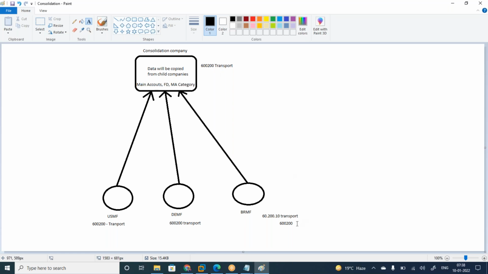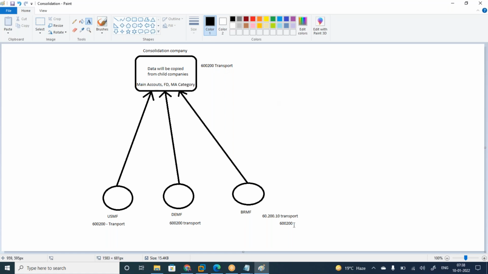Okay. So when we want to consolidate different natures of company code main accounts, we should have all of them here, related to all the company codes. We should have the main accounts here. Exactly, you're right. In the consolidation company, we need to have all natures of chart of accounts and main accounts that are there in the child companies. If one does not exist, create it.